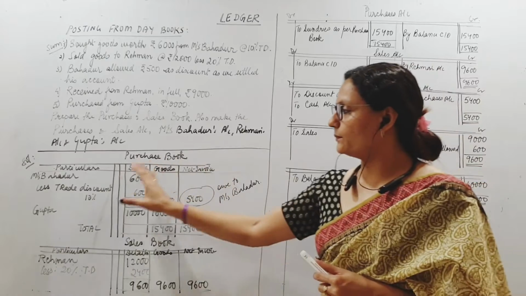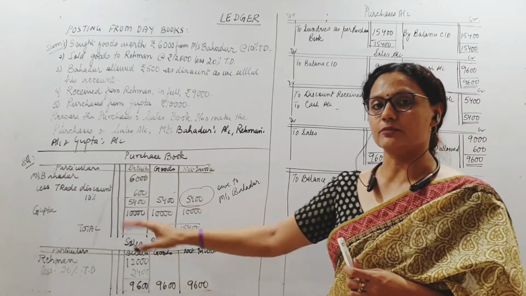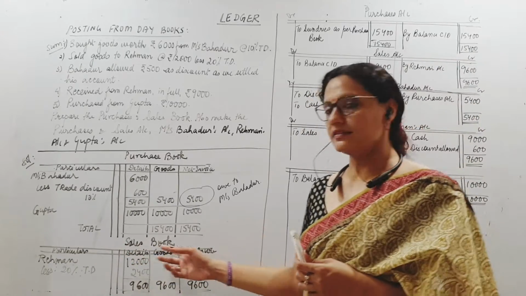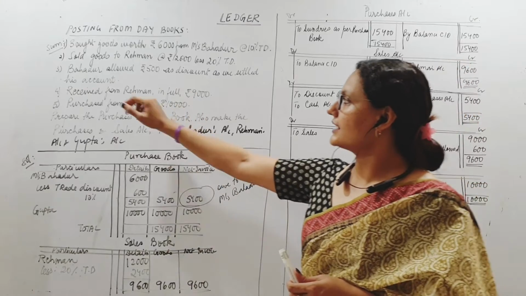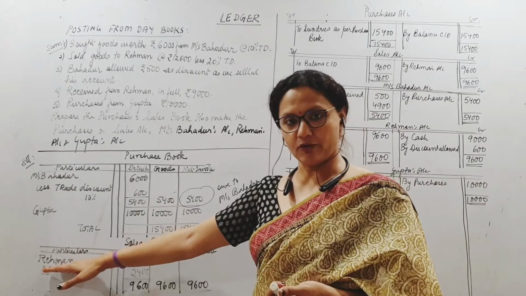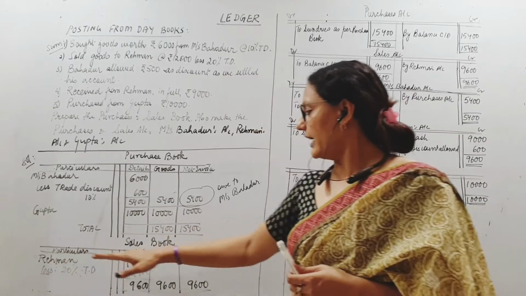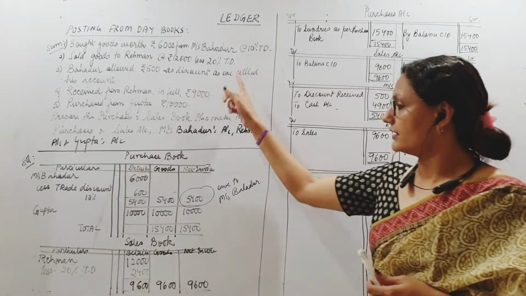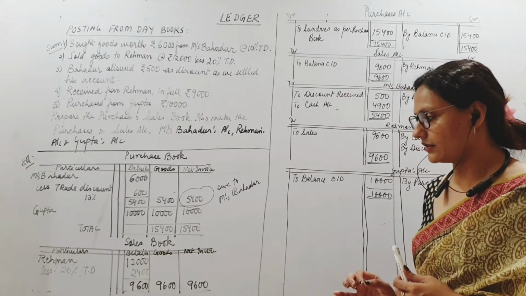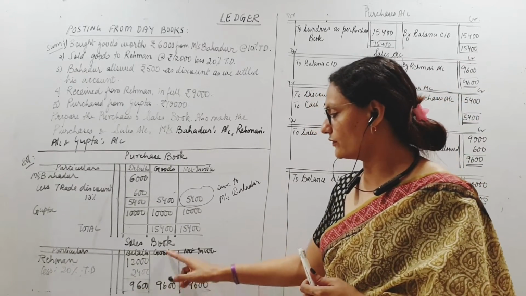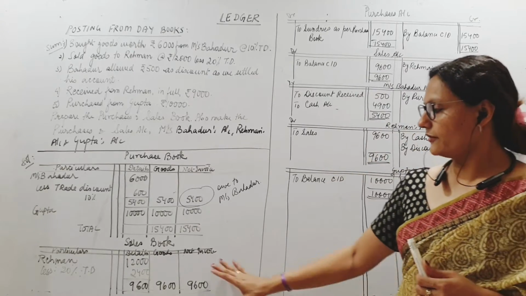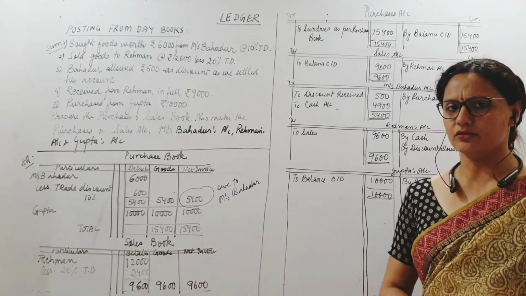Now, how do we post these things from the purchase book to the ledger? We will see that in a while, and before that we do the sales book also. Sales, there is only one transaction we can see. So we have sold goods to Rahman worth 12,000. So I put here Rahman, the name of my debtor, purchaser. Rahman 12,000 less 20% trade discount. 20% of this is 2,400. If I subtract that, 9,600. So 9,600 is the value of goods I have sold and the net bill, the invoice. Right? Now if this is clear, this is the only transaction, so this is the total.